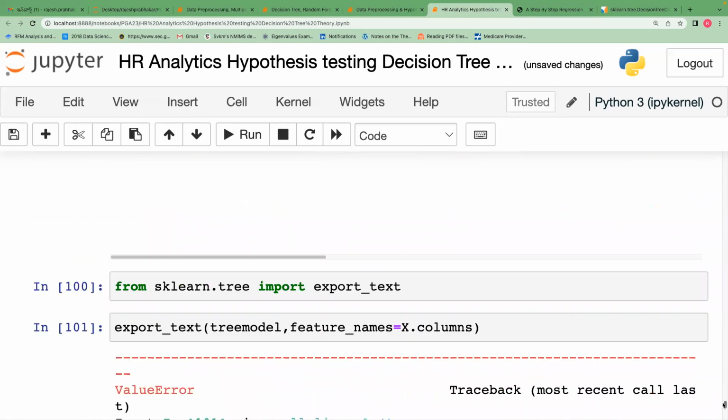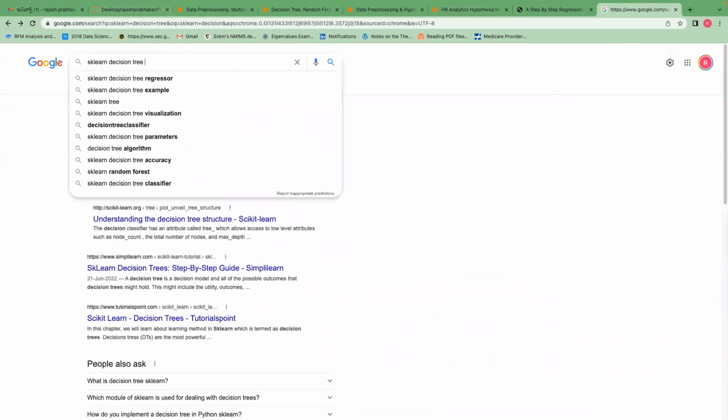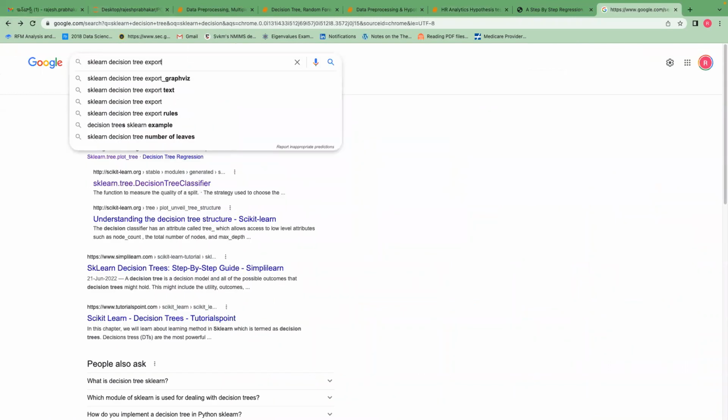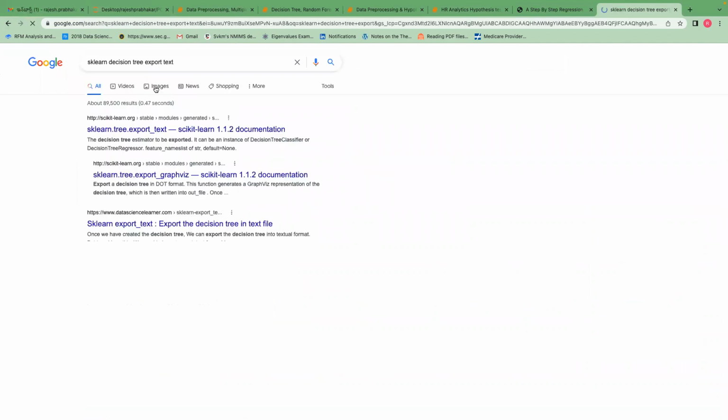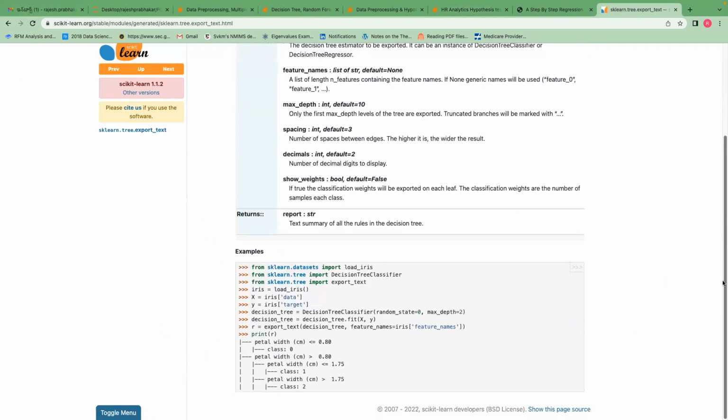Oh, okay, one second. Text. Max depth is equal to